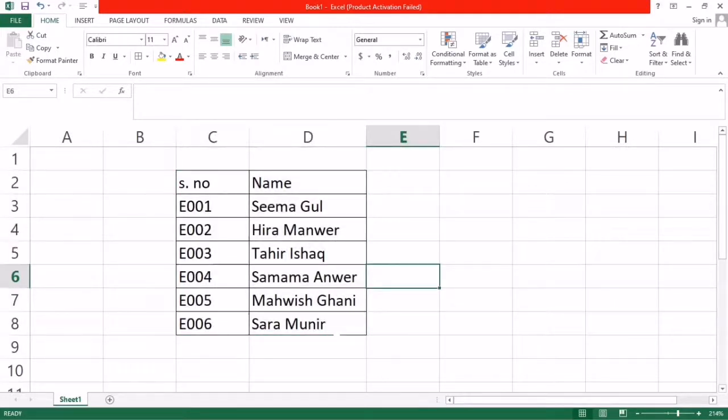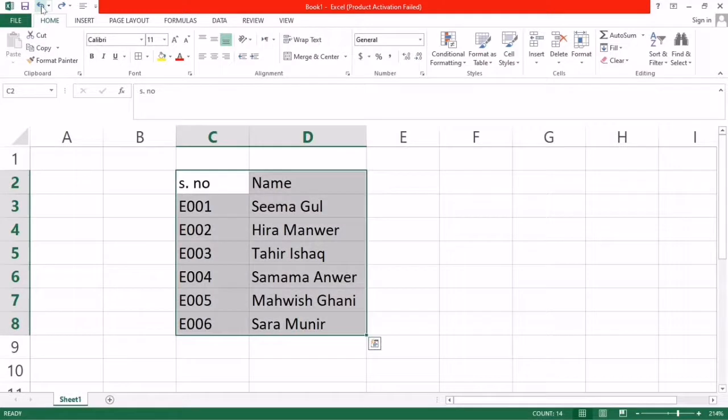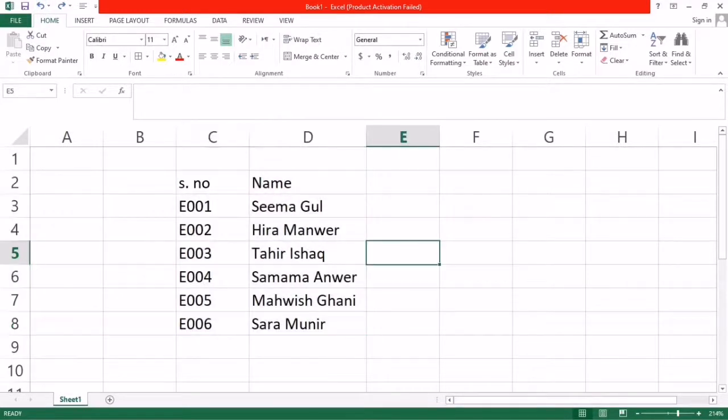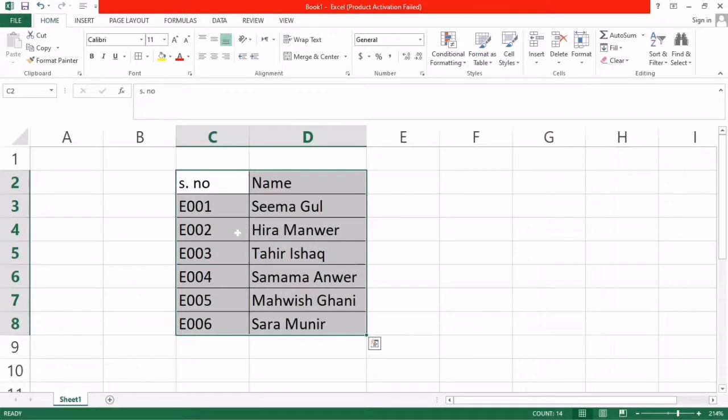Now if you want to undo or redo anything, you can see here at the quick access toolbar there are two options. This is undo and this is redo. This time redo is dull, and when I click here it says can't redo, because I didn't undo anything. But for example, I click undo, because last time we applied a border, so you can see this is removed. Now if you click redo, it appears again. Second, you can use the Control and Z keys.